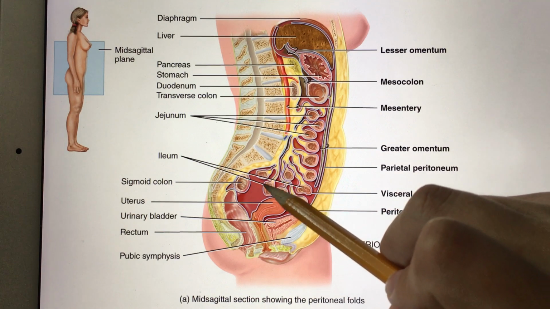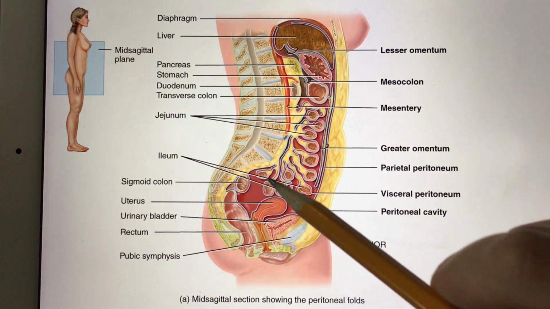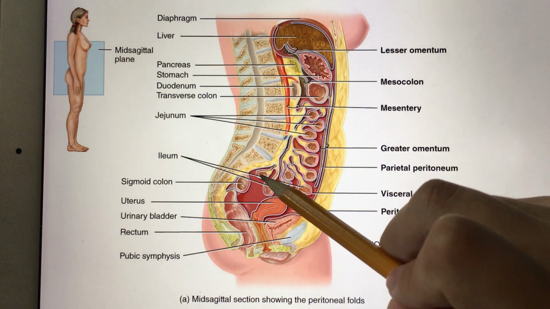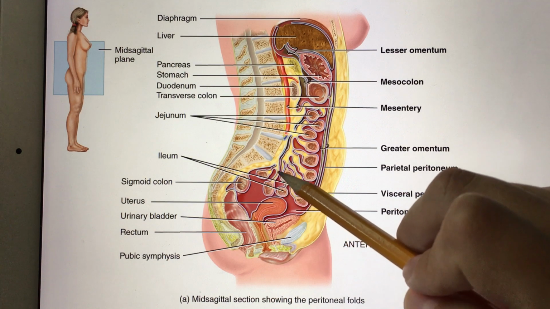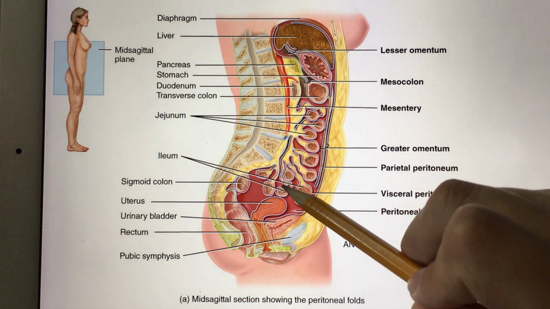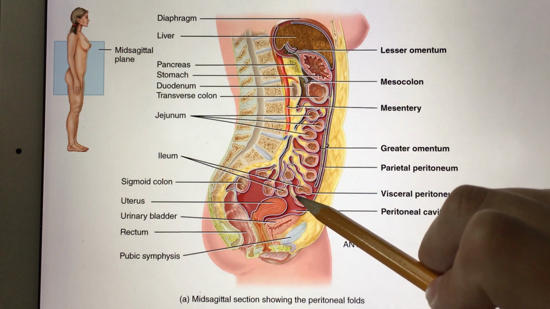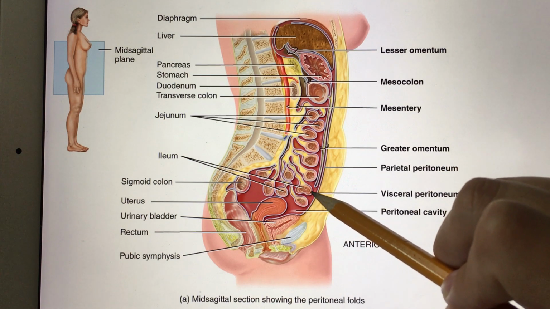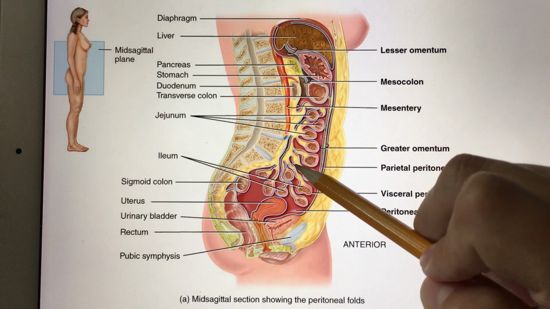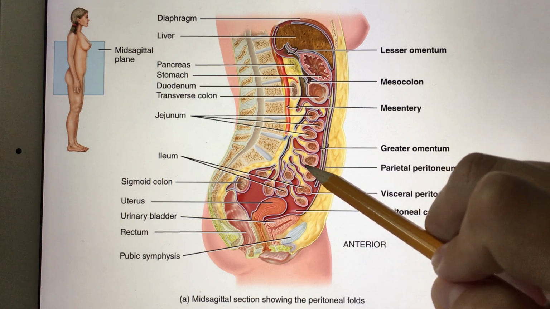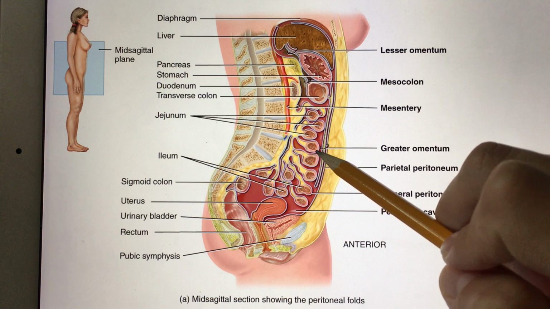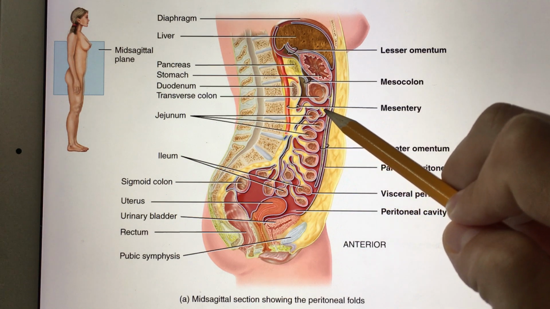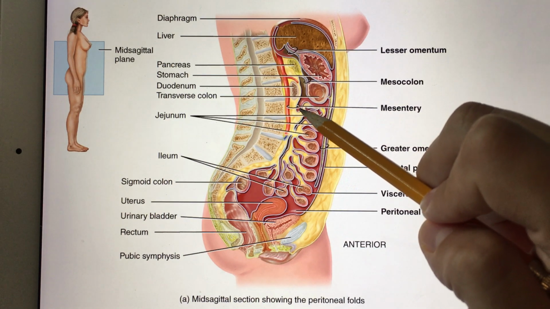The intestines look kind of funny, like circles, because there's actually a tube that's been cut, so we're looking at its cross section. It goes in for all of these intestines. There are lots of curves and coils in the intestines, so there are going to be lots of these little caverns that the peritoneum has to travel into. And it covers all of the intestines, the jejunum. Then it goes up more, and then it covers